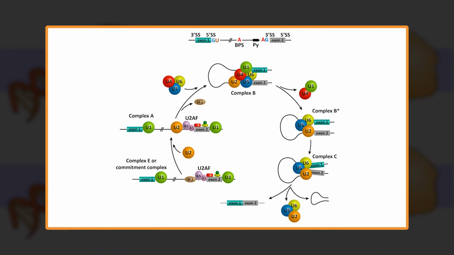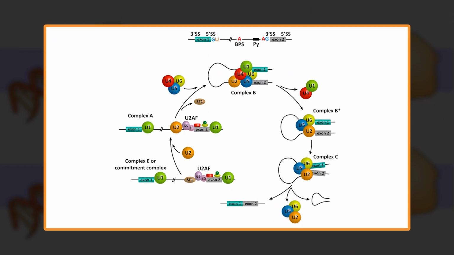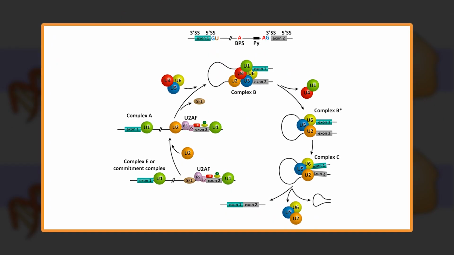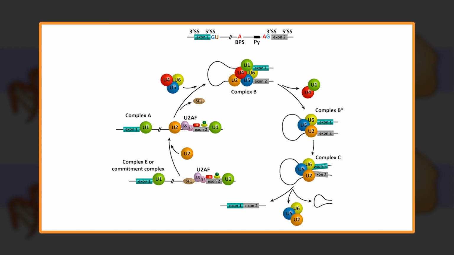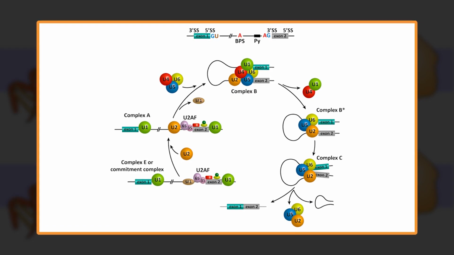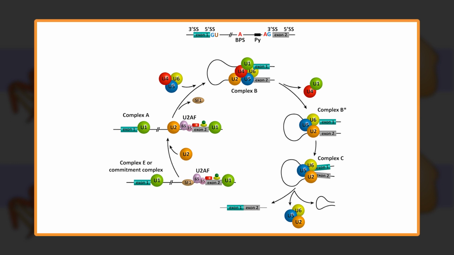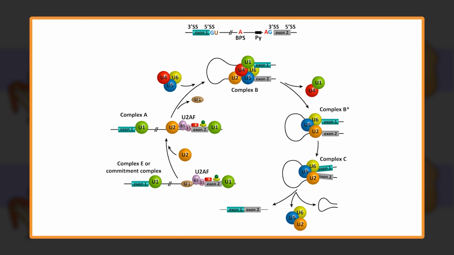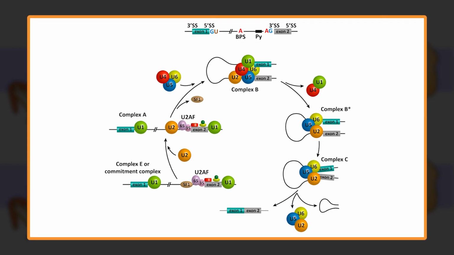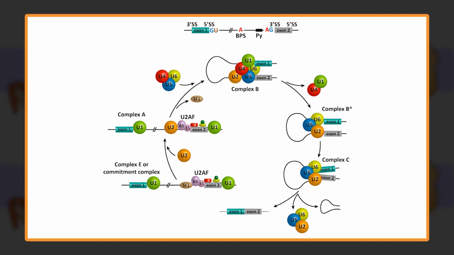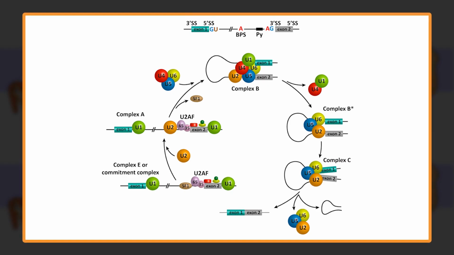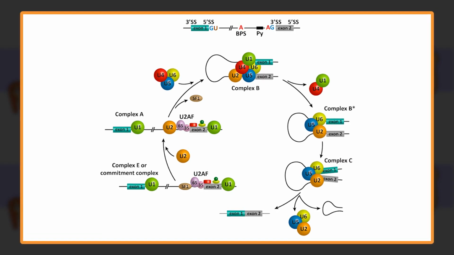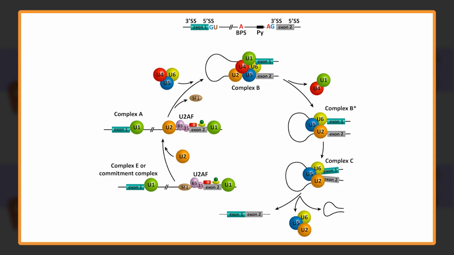In mammals, the first catalytic step of the splicing reaction begins when the U1 snRNP binds the 5' splice site of the intron defined by the consensus sequence AGGURAGU, and the splicing factors SF1 and U2AF cooperatively recognize the BPS, the pyrimidine tract and 3' splice site to assemble complex E, or the commitment complex, as is shown in